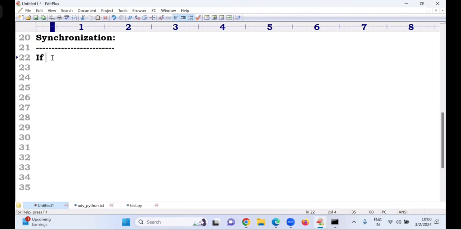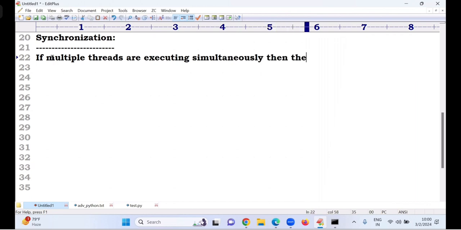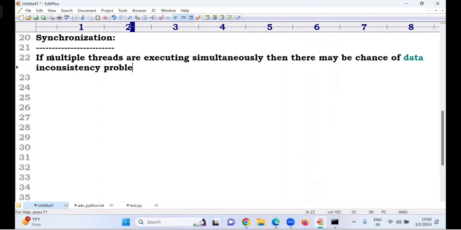Sir, synchronization. If multiple threads are executing simultaneously, then there may be a chance of data inconsistency problems, meaning outputs are not coming properly. Inconsistency means